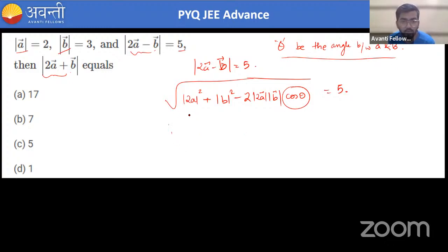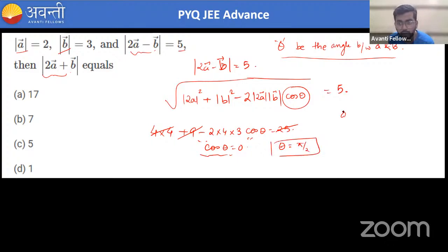Now by putting all the values, that side we will square and this will become 25. Can I say mod of 2a square? Mod of a is 2. So mod of 2a square will be 4 times 4 plus mod of b square will be 9 minus 2 times mod of 2a will be 4 and mod of b will be 3 cos theta equals 25. So this 16 plus 9, 25 will get cancelled. So you will get cos theta as 0, which means that theta is equal to pi by 2. So therefore a bar and b bar are perpendicular